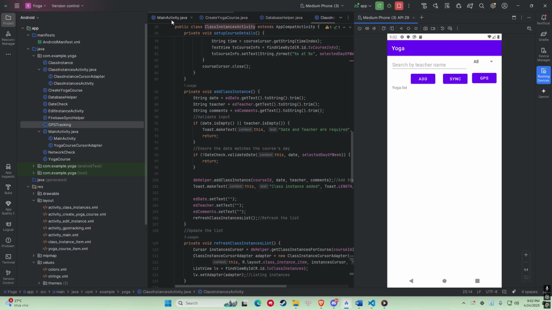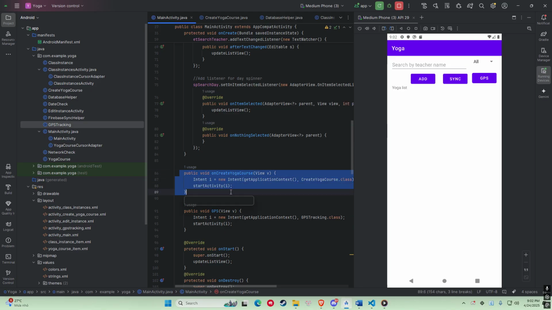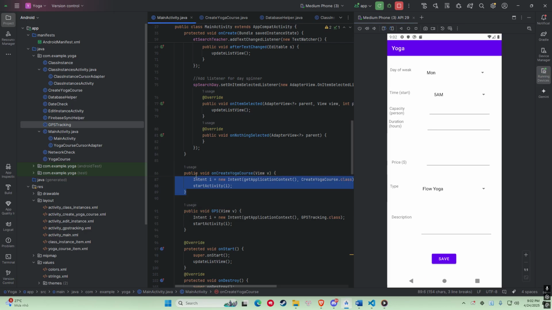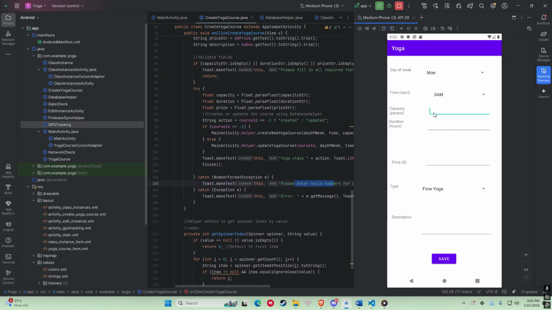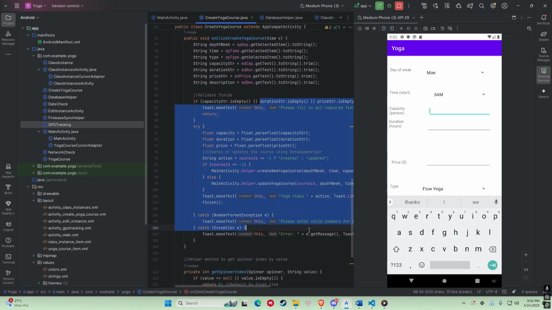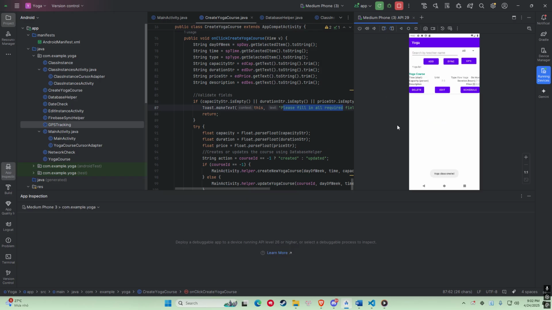First thing I want to show is the add button, to add the yoga courses for the app. When you click it, it will run the create yoga course activity. In this activity, there's a validation: if the user forgot to input something, it will show a message for the user to fill all the required fields, and if the user inputs everything and clicks save, the data will be saved in the local